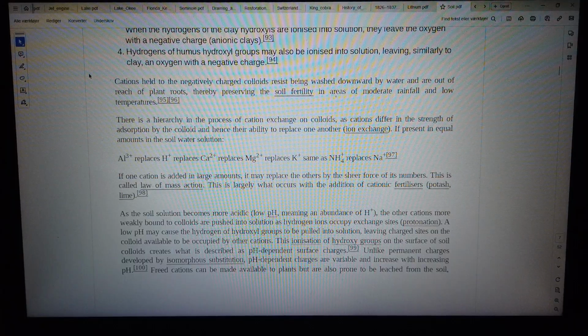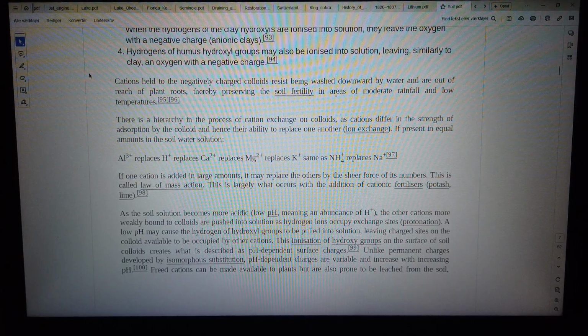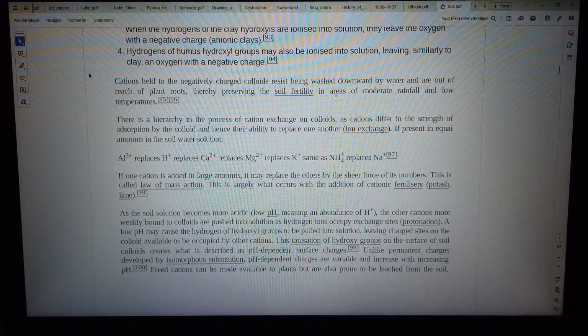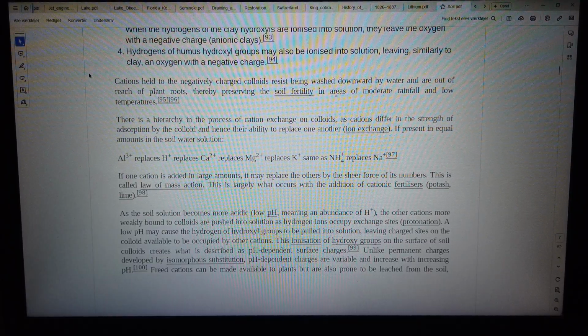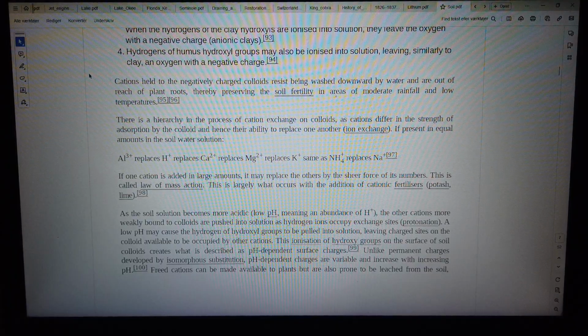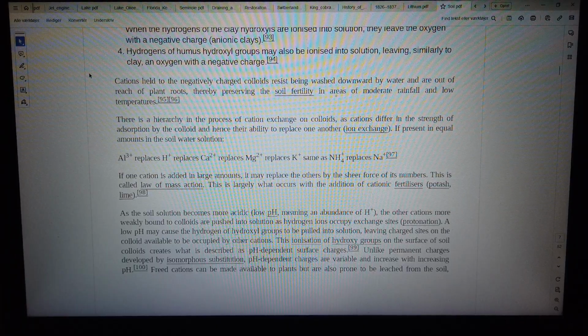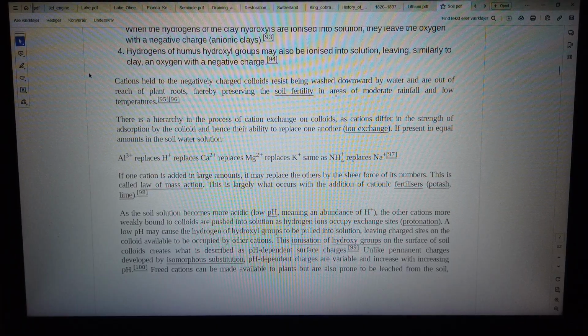97. If one cation is added in large amounts, it may replace the others by the sheer force of its numbers. This is the law of mass action. This is largely what occurs with the addition of cationic fertilizers, potash, lime. 98. As the soil solution becomes more acidic, low pH, meaning an abundance of H+, the other cations